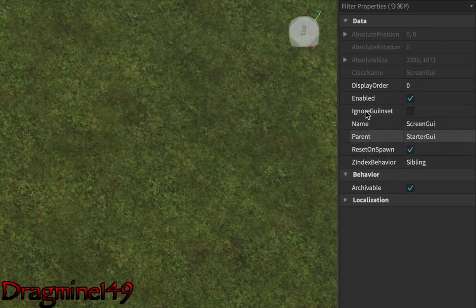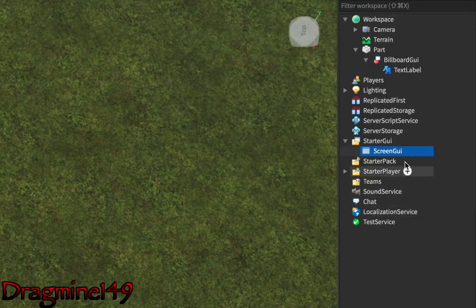Name and parent, these default to screen GUI, and parent is wherever it is. They're always going to be the same. Reset on spawn, as I said earlier, and the z-index and behavior, as I said earlier. So if the properties are mainly the same and there's not much difference, I'm not going to go through them again.